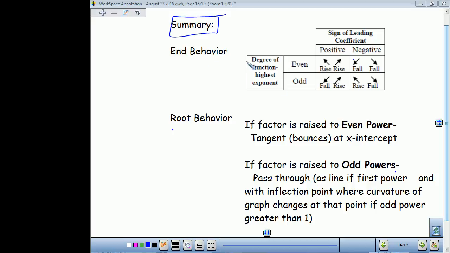Alright, so in end behavior, we look at the degree of the function. If it's even and positive, it rises to the left and the right. If it's even and negative, it falls. If it's odd and positive, it falls to the left and rises to the right. If it's odd and negative, it rises to the left and falls to the right. Now the root behavior, we're going to talk about this tomorrow. There's one more word I can use to describe this called multiplicity of the root. We'll talk about that word tomorrow. But if it's an even power, it is tangent at that intercept. If it is odd, it passes through. If it's odd to the first power, it passes through as if it were a line. And if it's odd to a higher degree,